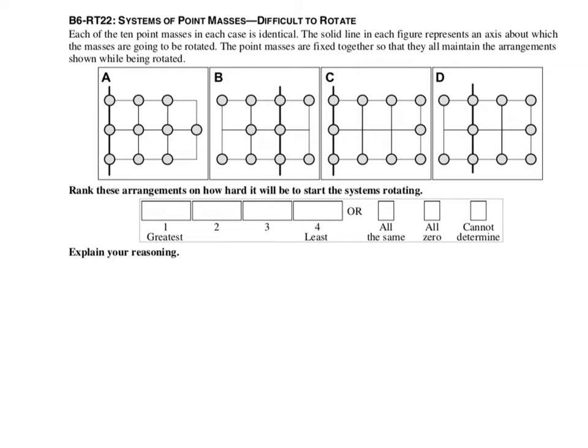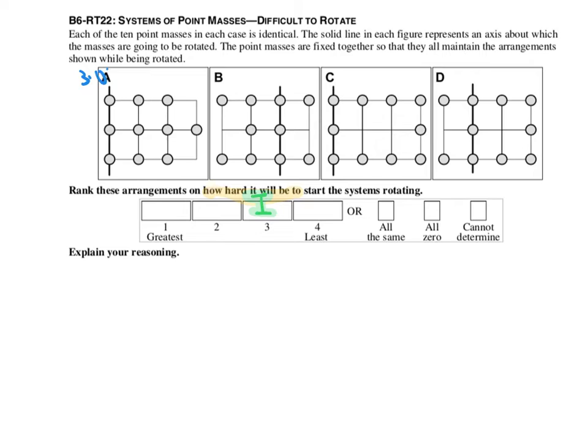And we'll assume that the non-bolded lines are massless, because they don't say anything. Rank these arrangements on how hard it would be to start the system rotating. So how hard it will be is the same as saying by I. So we want to find out I for each. So if we assume that each ball is of mass 1 and each segment is length 1, then here we